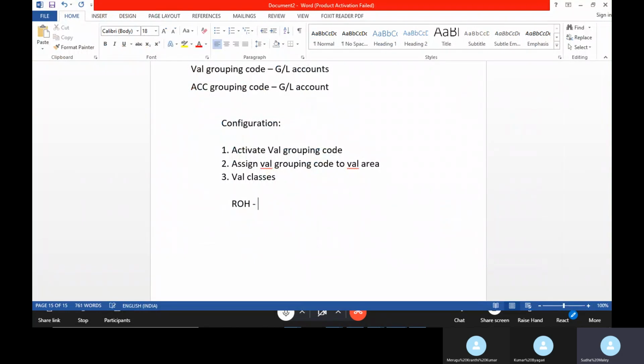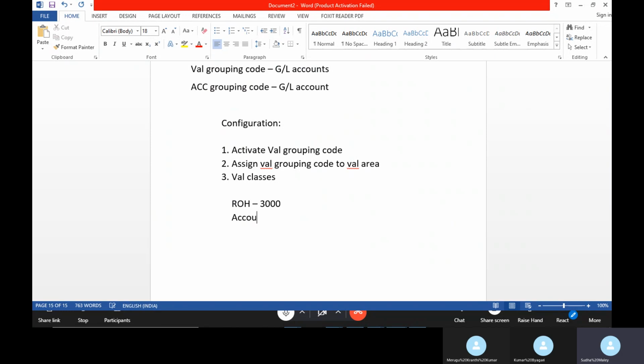If it is ROH, you will assign 3000. Based on material type, you need to assign the valuation class, but there is no direct link between your material type and valuation class. So who is going to assign your valuation class and your material type?